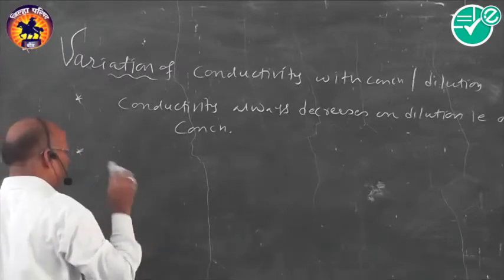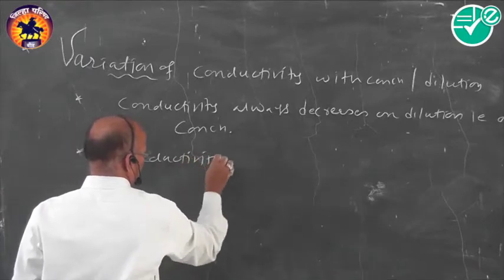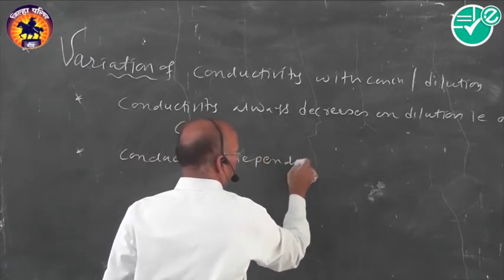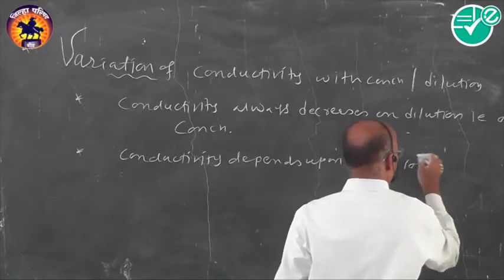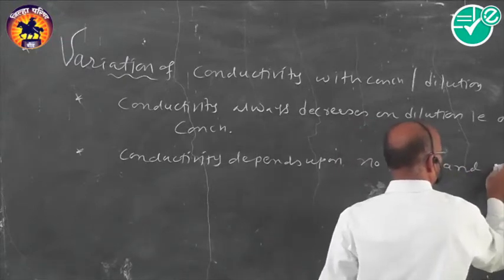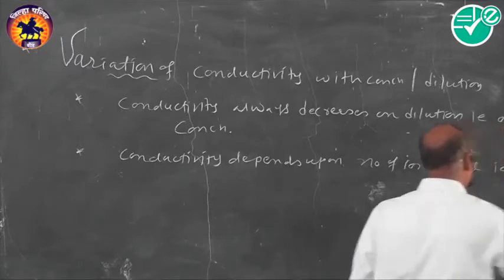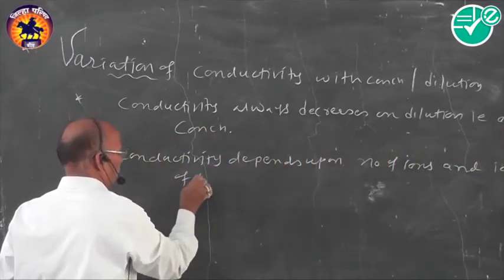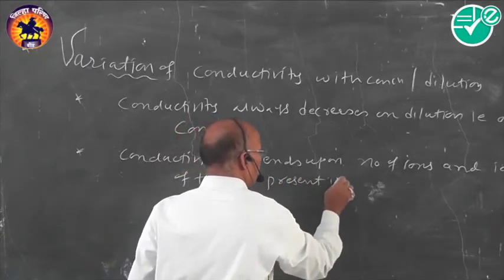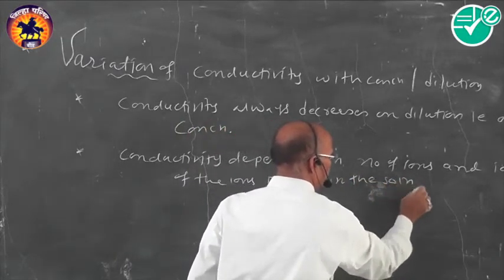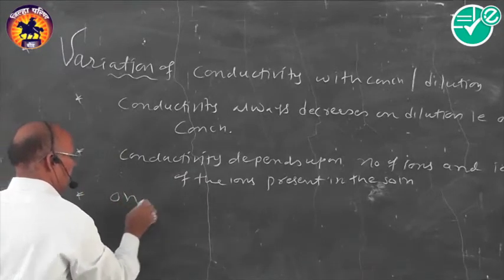Second parameter is very simple one. यहाँ पे क्या होता है? What is the actual reason? Conductivity depends upon number of ions and ionic mobility of the ions present in the solution. Second, okay. And third one that particularly in this case on dilution